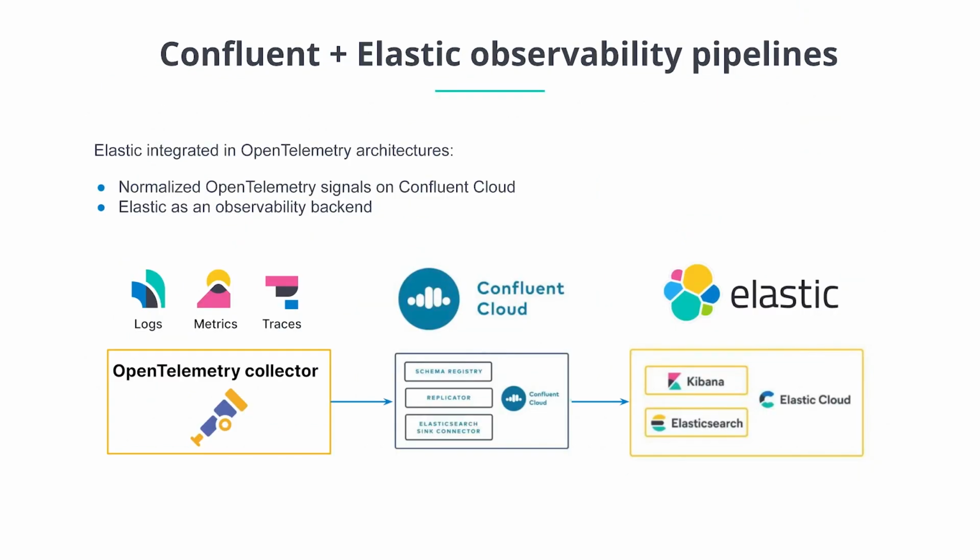Open telemetry is an open source observability framework, and it's revolutionized the way we collect and transmit telemetry data such as traces, metrics, and logs. By integrating it with Confluent Cloud, a fully managed event streaming platform, we can seamlessly route the data to Elastic for analysis and visualization, which is where we are strongest. Confluent Cloud enables us to collect and stream the open telemetry data in real time, offering a scalable and reliable event streaming capability. By using Confluent Cloud as that bridge, we can decouple our telemetry data from our observability solution, providing flexibility and resilience in our architecture.